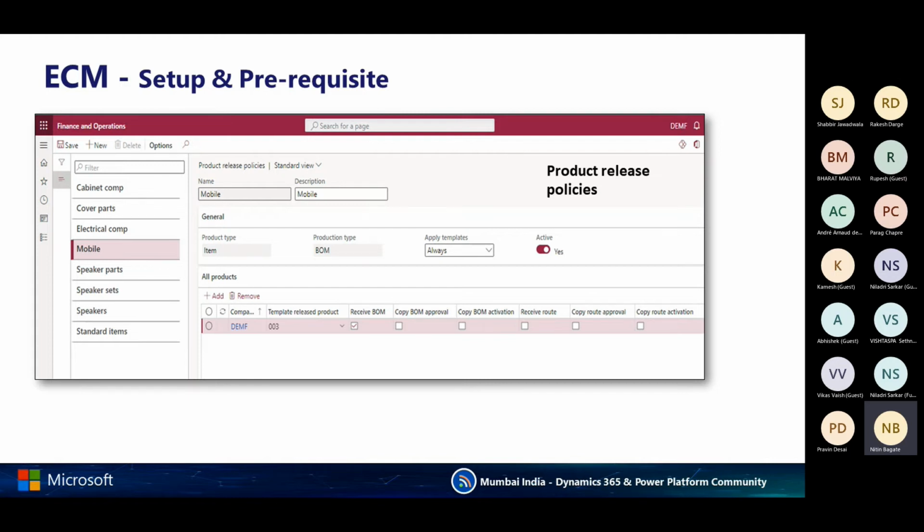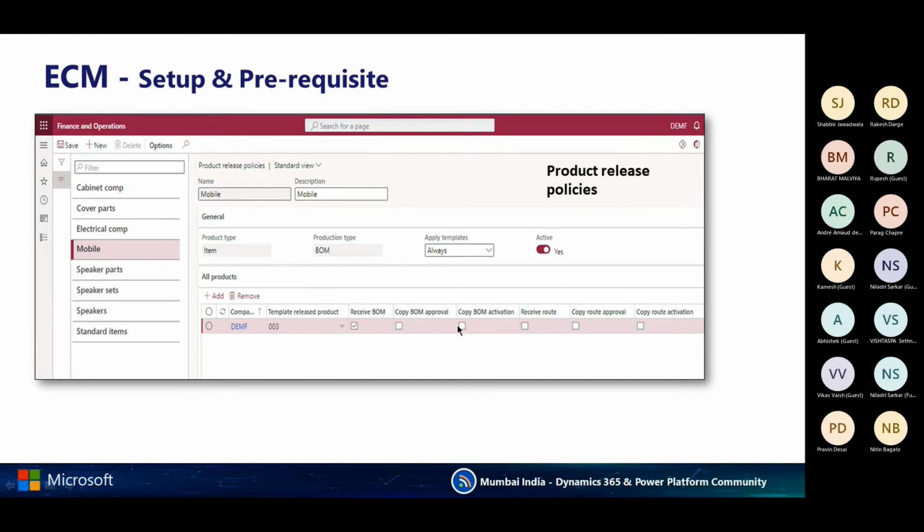It could be a storage dimension, a model group, an item group, or other parameters. The same type of functionality has been merged into this form,